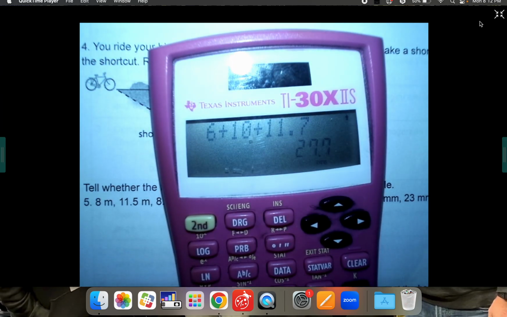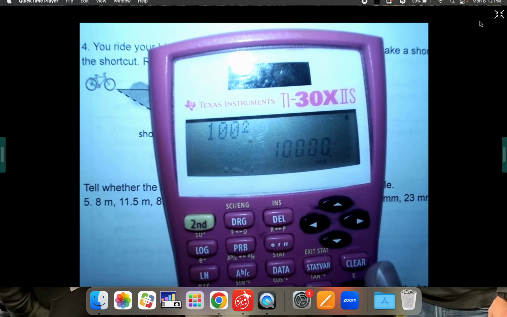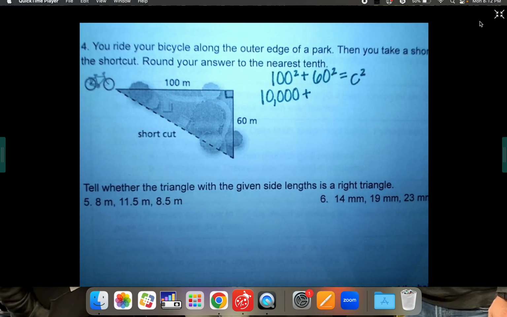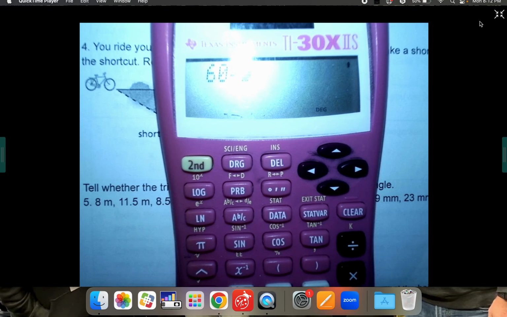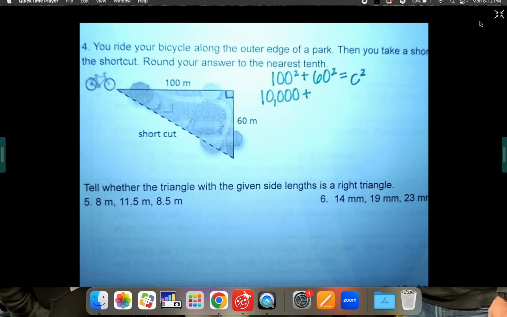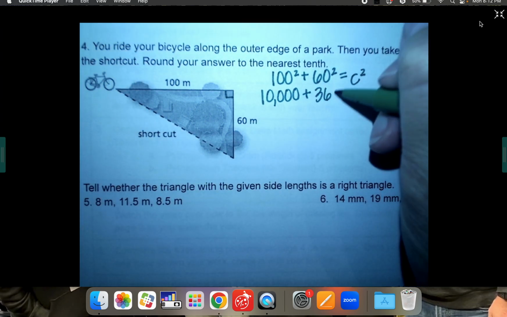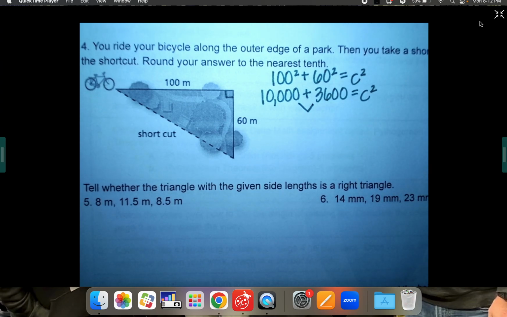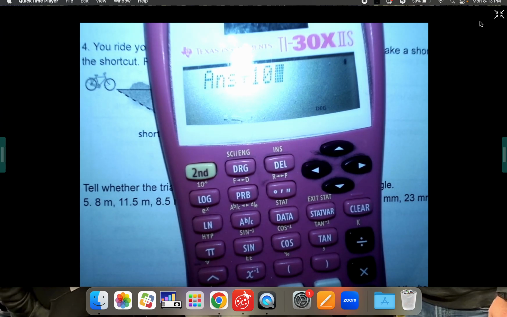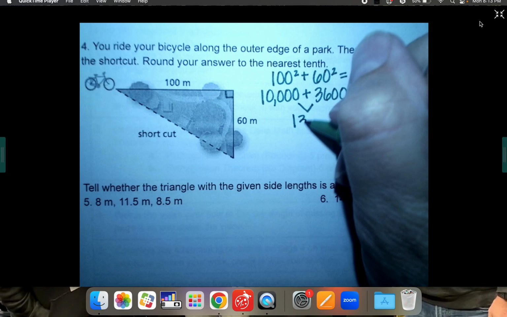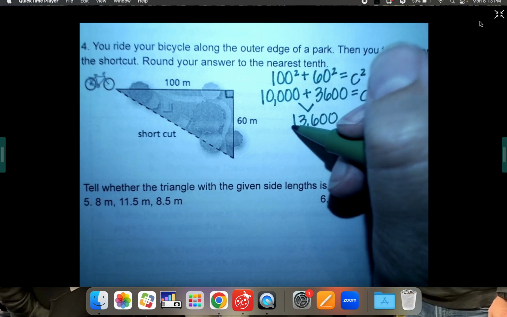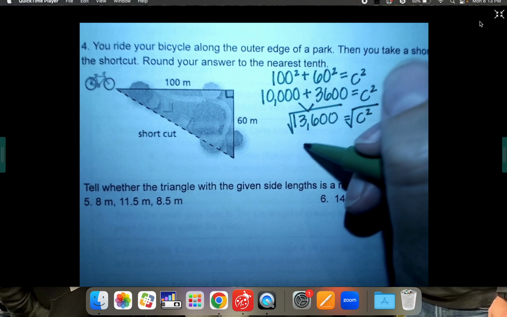100 squared is 10,000. 60 squared is 3,600. Sure, we already knew all that. And when you add them together, you have 13,600. All right, then the last step is we're going to square root that to find out what the shortcut